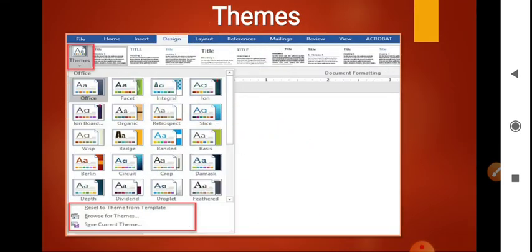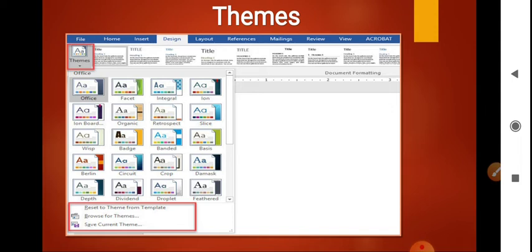Now next comes the themes. Now what is the themes? Document themes. It matches the font colors, graphics, etc. Now here there are some inbuilt themes which you can apply directly when you are opening the Word.